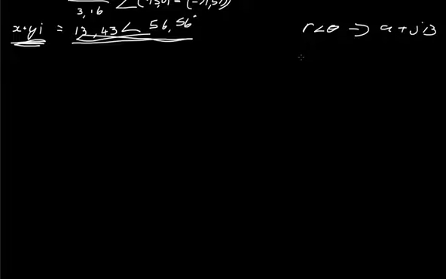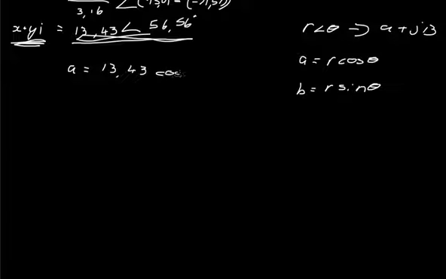We say a is equal to r cos theta, b is equal to r sine theta. So here we have a is equal to 13.43, which is r, cos of theta, which is 56.56 degrees, and b is equal to,